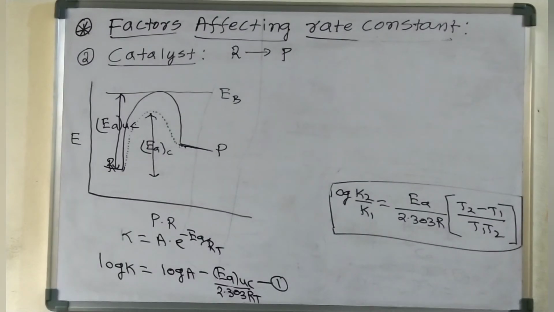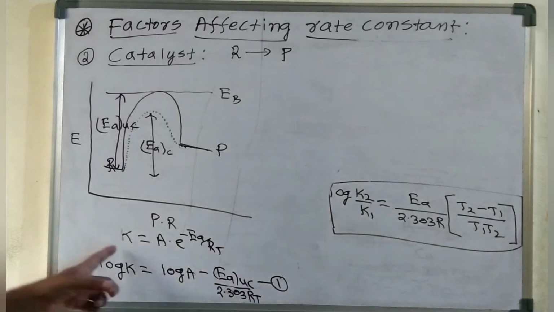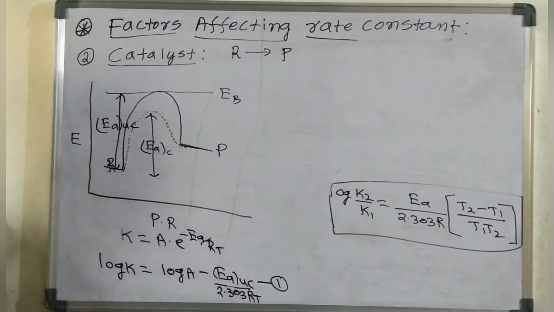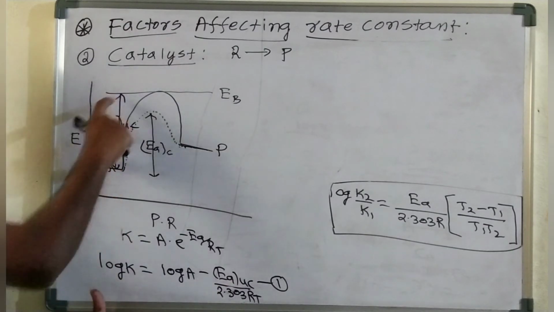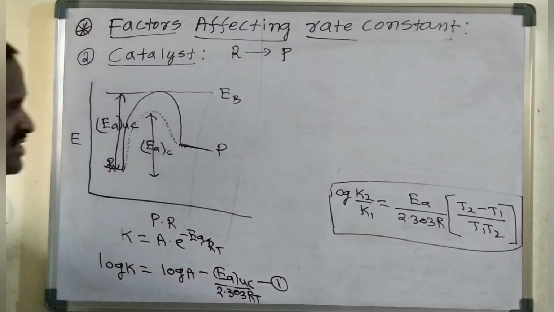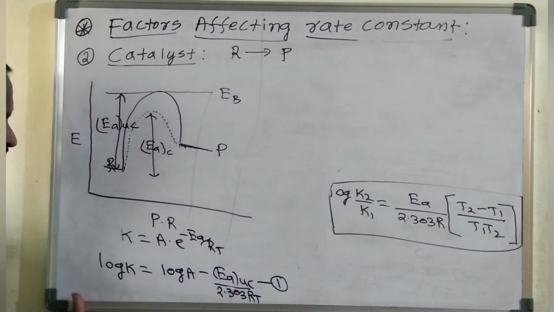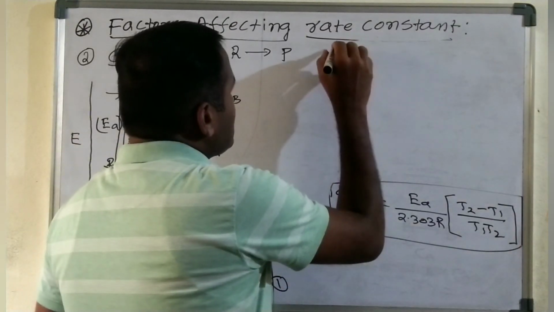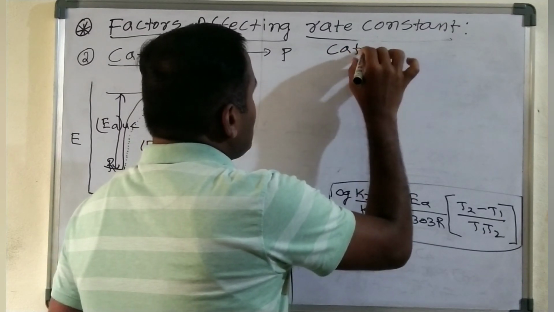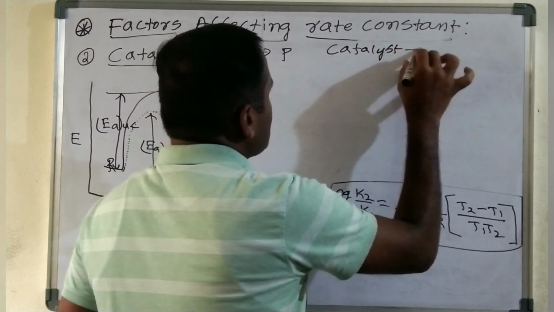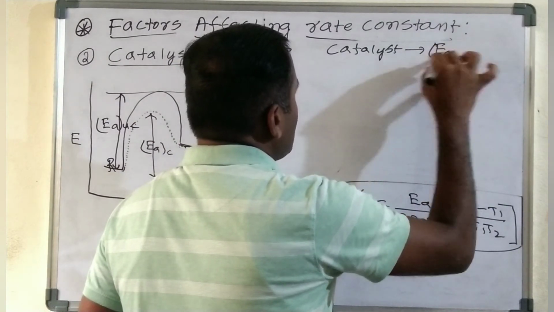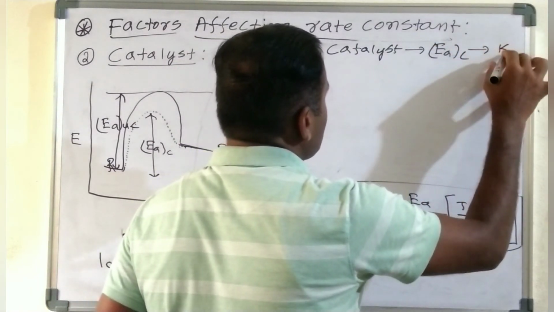So this is the activation energy curve, and I can write this now. The Arrhenius equation: K equals A into e power minus EA by RT. If you apply the logarithm on both sides, log K equals log A minus the activation energy. For my convenience, I have taken EA of uncatalyst, without using the catalyst. The temperature is also the same. Whenever I am using the catalyst, the rate constant is also going to change. This initial one is log K1, and if I am using the catalyst, its activation energy is going to be EA of catalyst and its rate constant is going to be K2.